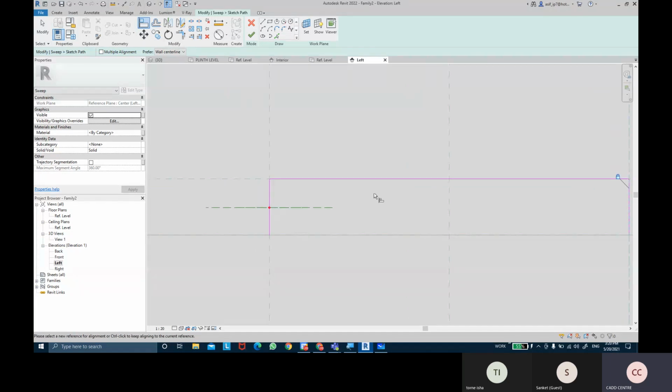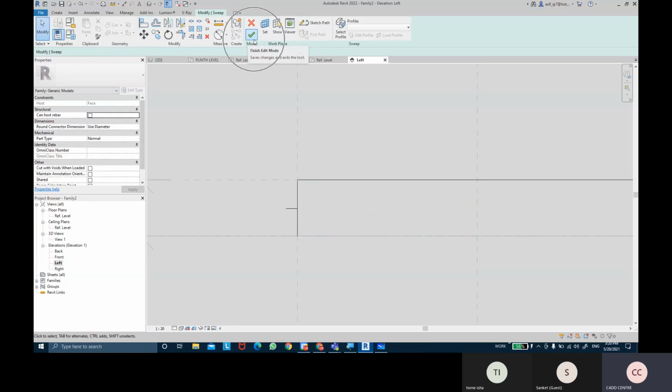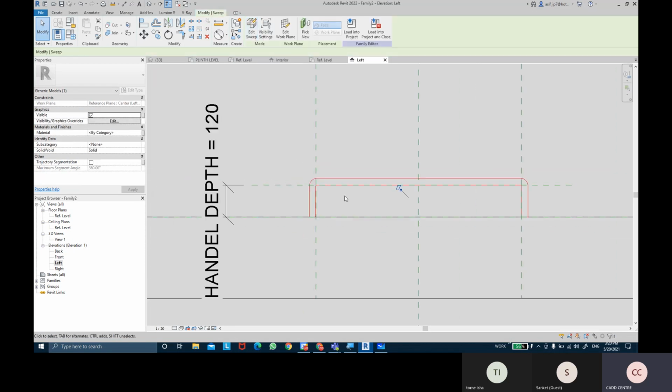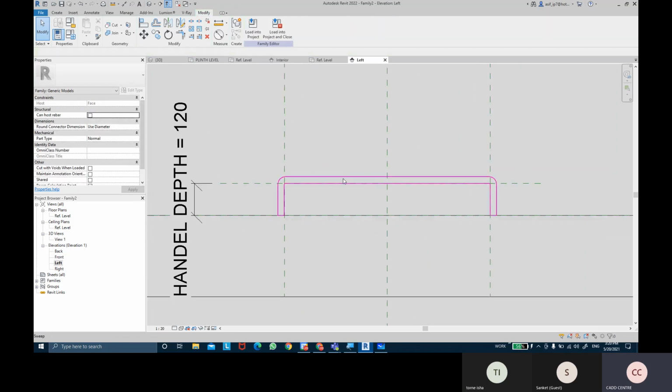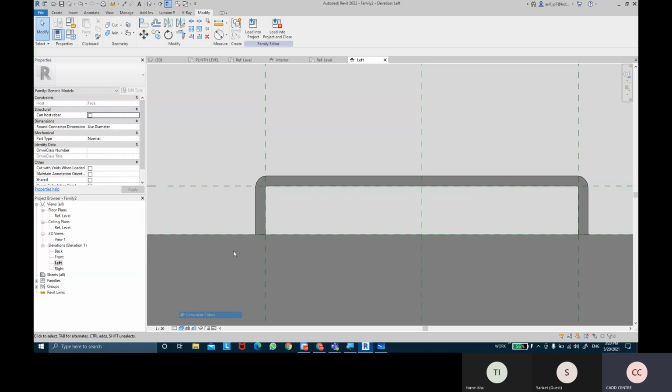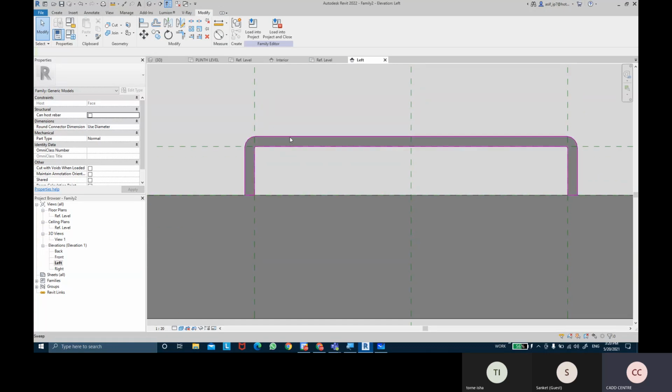So they have now been locked. Once again I'm going to click on finish edit mode to complete the process, and we can see the handle shape has been made.